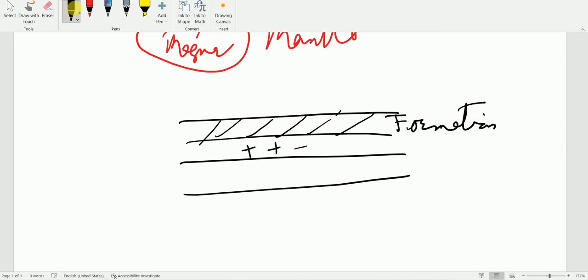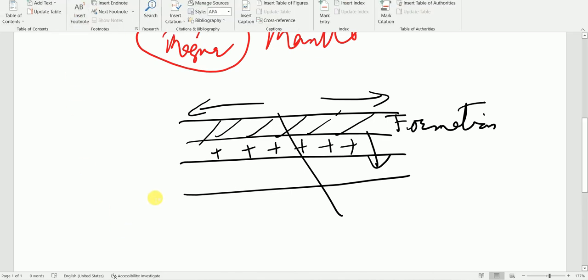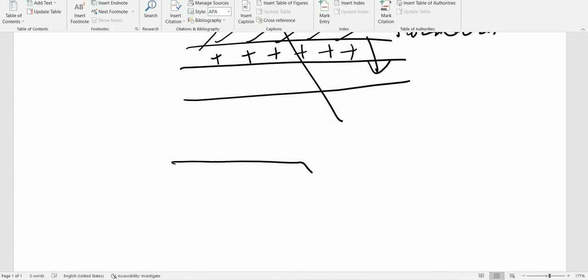This is another formation formed in another geologic time, and sometimes due to tension and forces, this portion may be subsided here, as you like here. Okay, it may be subsided here,